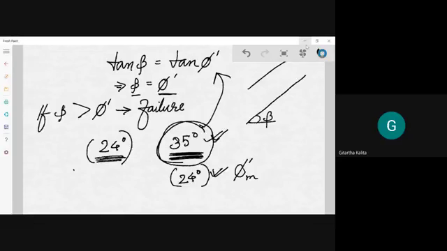Okay, so phi dash will not utilize its full capacity. We can also say that the total capacity of phi dash is not mobilized. It is mobilizing only 24 degrees. So you can write one line: if beta is less than phi dash, then